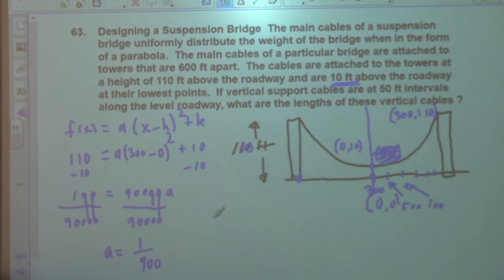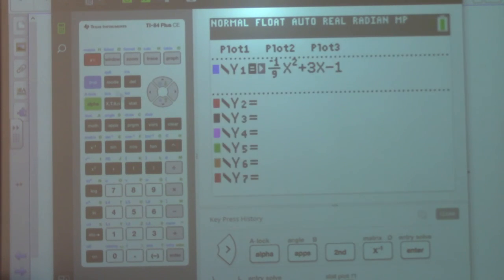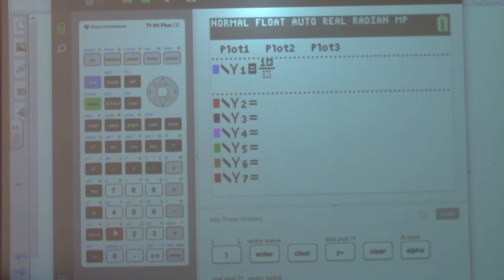So A is equal to 1, so we have our f of x is equal to 1/900th times x squared plus 10. And we can just substitute in for that. We can do that a number of different ways. Maybe the easiest way to do it would be this. If we go to our calculator and put in 1/900th,